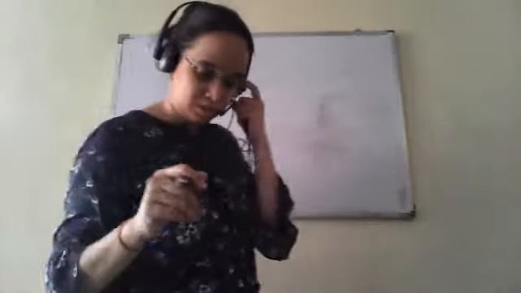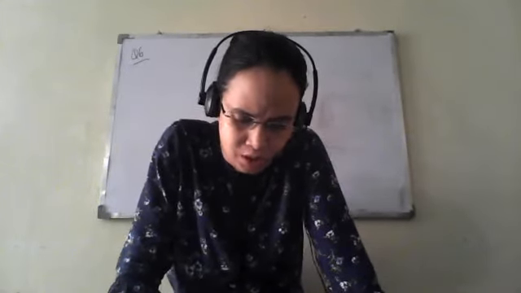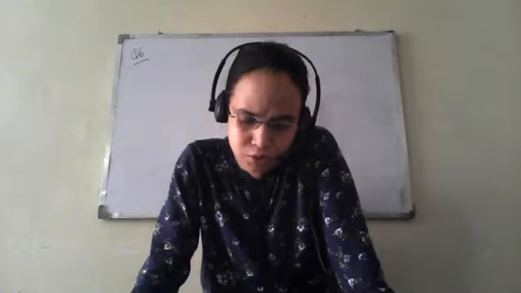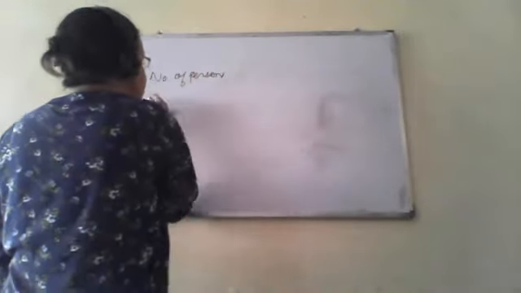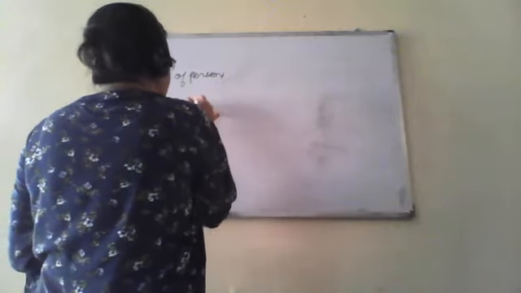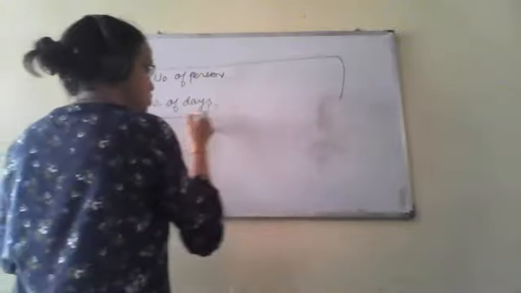So next question, question number 6. A contractor estimates that 3 persons would rewire Jasminder's house in 4 days. If he uses 4 persons instead of 3, how long should they take to complete the job? So here we have been given the number of persons and the number of days again. So the number of workers, or number of persons, and second is the number of days. Clear? So these two things we have to use.